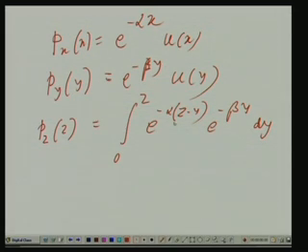First, consider the case where alpha and beta are same. Then what happens? If alpha and beta are same, this e to the power plus alpha y, e to the power minus beta y, they cancel because alpha and beta are same. E to the power minus alpha z goes out of the integral because integral is with respect to y only. And what does the integral give you? Only z. Okay. Sorry, actually